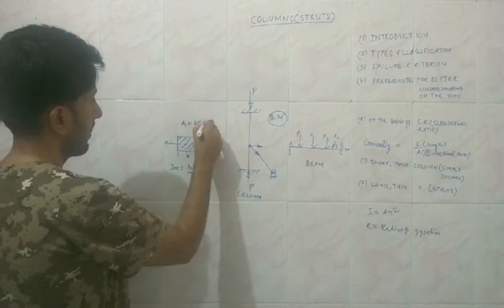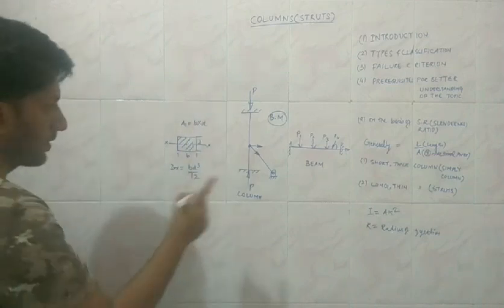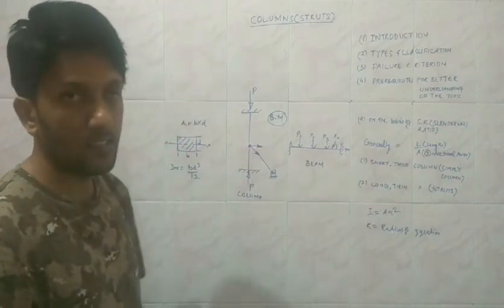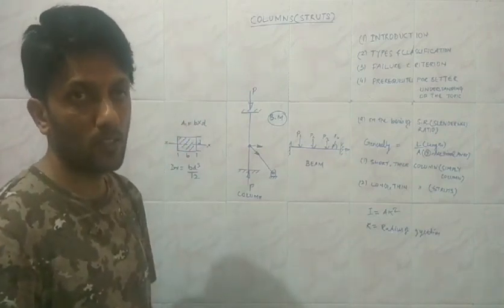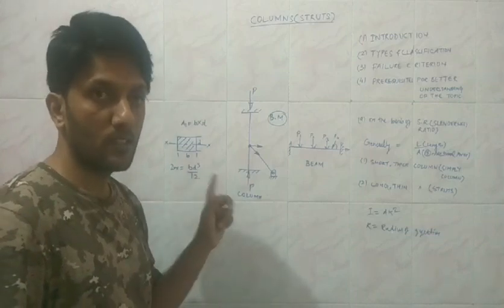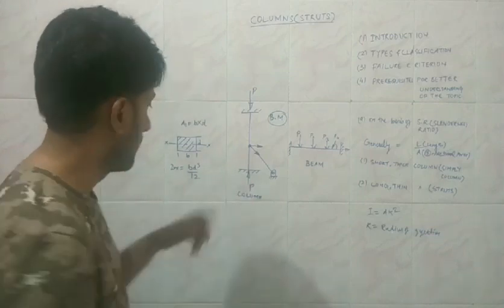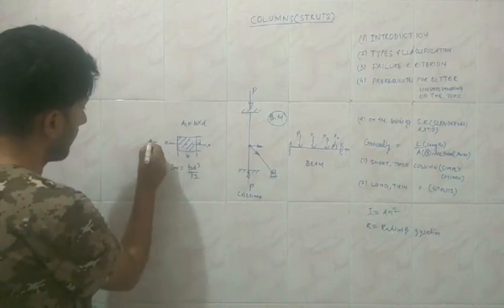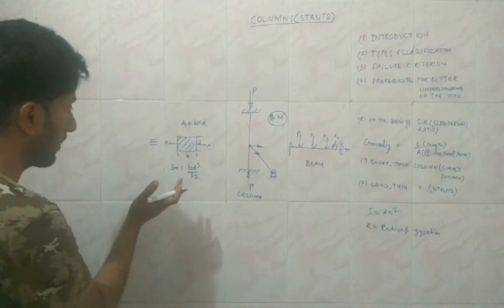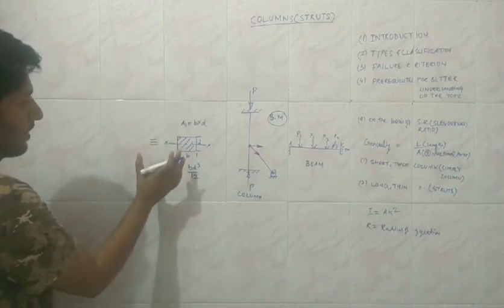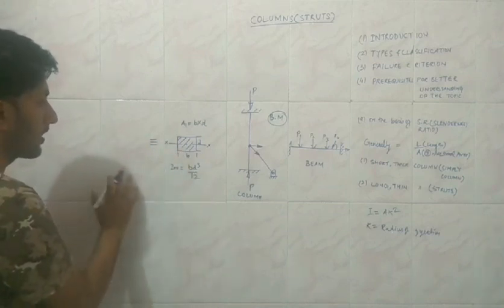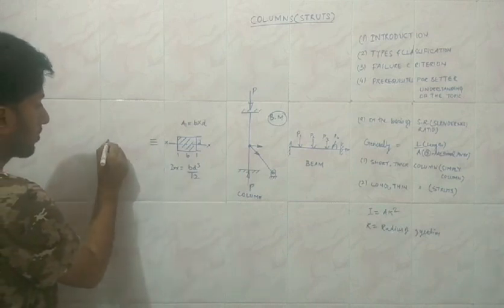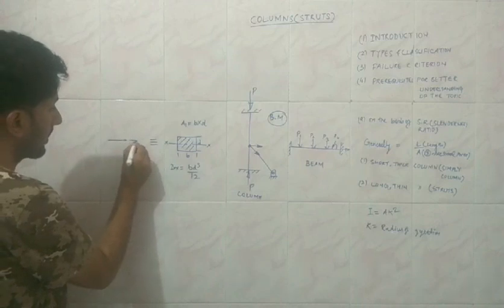The area of this cross section is, say, A1, which is equal to B into D. Now in order to define the radius of gyration, which is a hypothetical radius at which the entire area is going to be concentrated, the area is going to be the same, the moment of inertia is going to be the same. We are going to represent it with a hypothetical area, which is going to be dynamically equivalent. This is the actual system, and the dynamically equivalent system I am going to draw is going to have the same moment about the same axis.